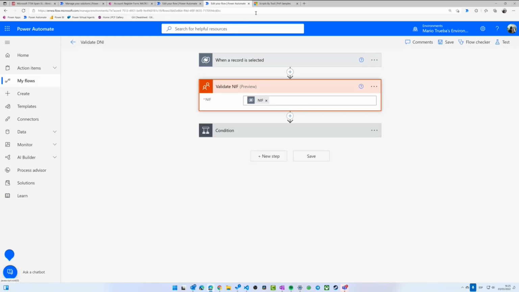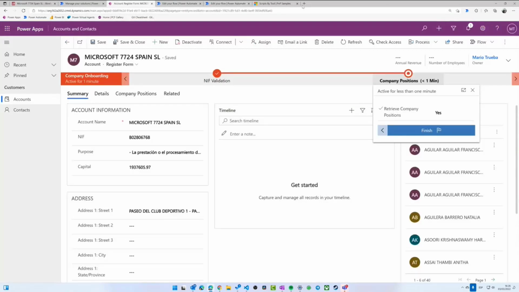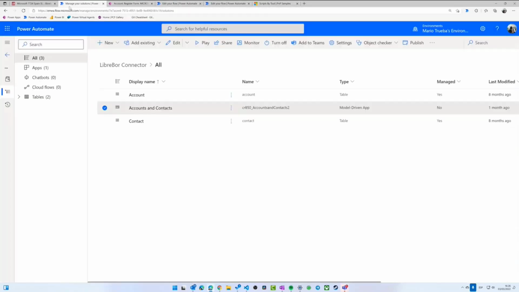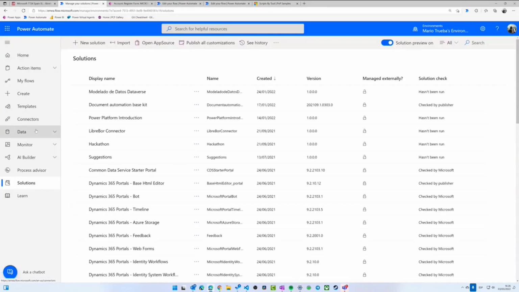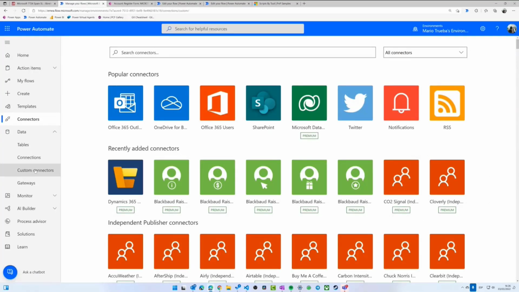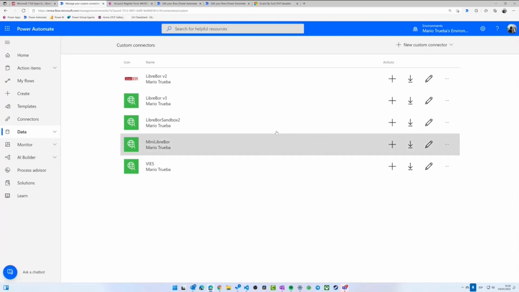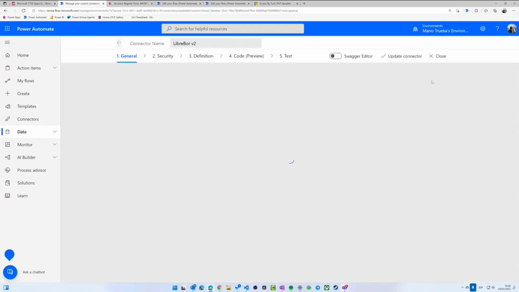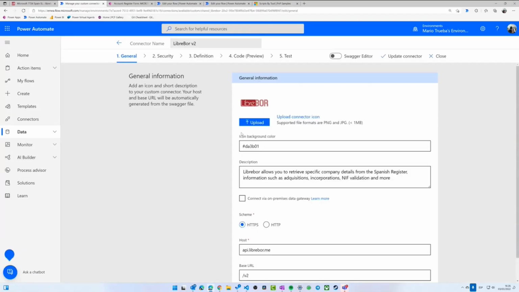But yes, it's true. And I don't know if Mario can quickly show the connector definition there, but the process of building the connector is really simple. Once you have a bit of information about the API and how you define the Swagger, you can just follow the assistant here and test it, validate it.